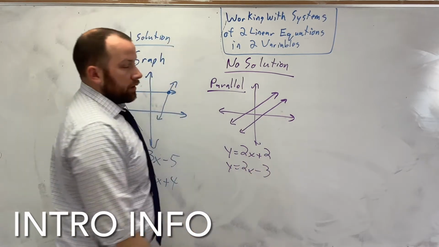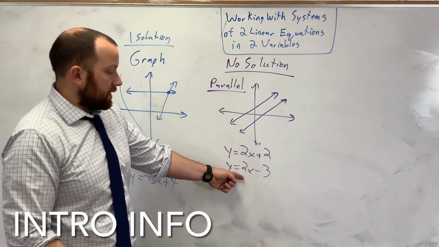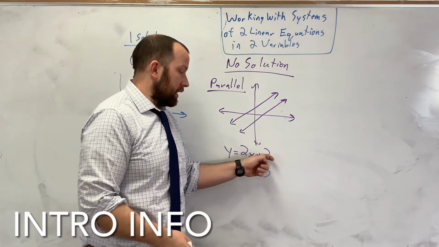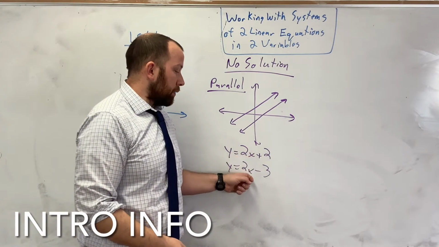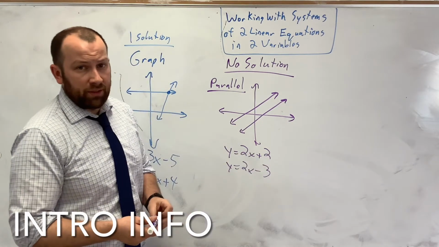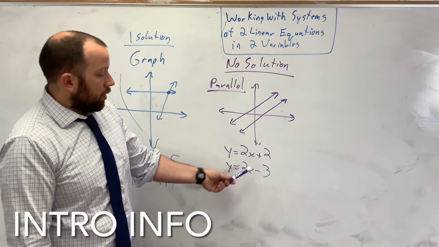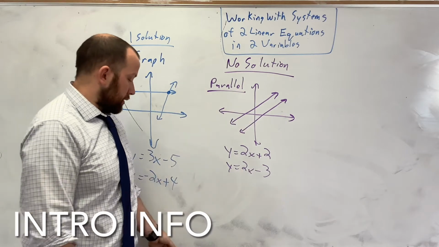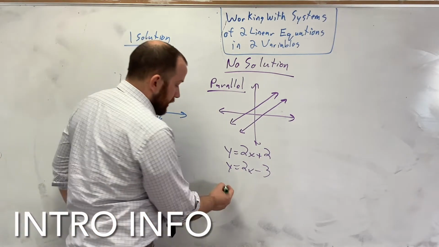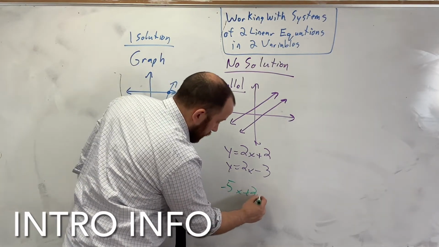What is different between this and this? Well, they have the same exact slope. If they have the same exact slope and different y-intercepts, that means they'll keep growing at the same rate, but since they have different y-intercepts, they will never touch. So if you ever see them with the same slope but different y-intercepts, it's going to be no solution. The other way you could see this is if you had something like negative 5x plus 2y equals